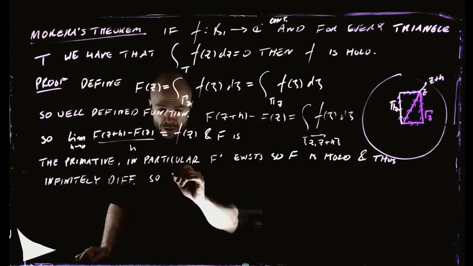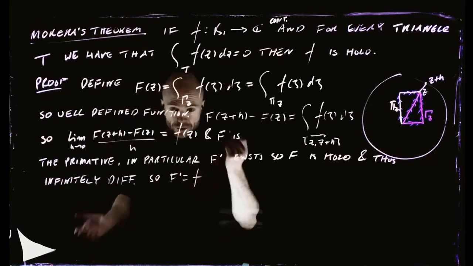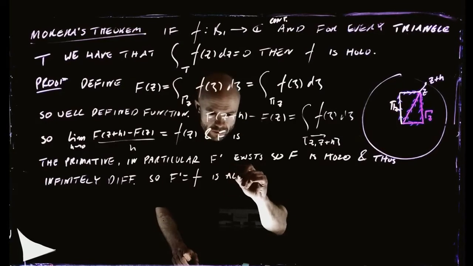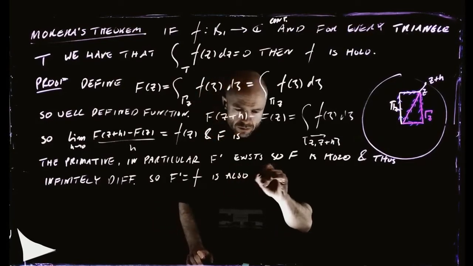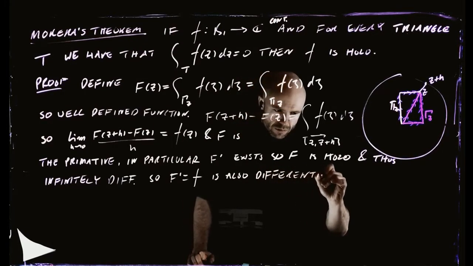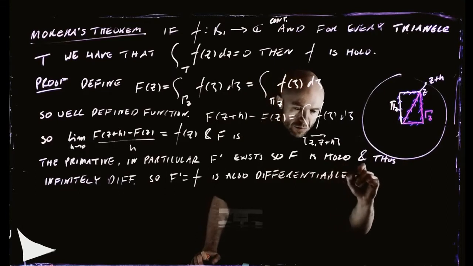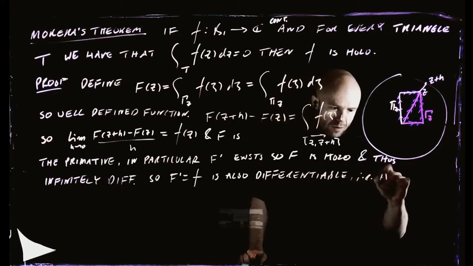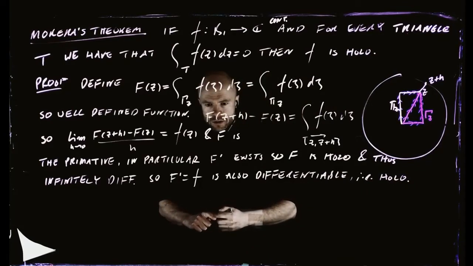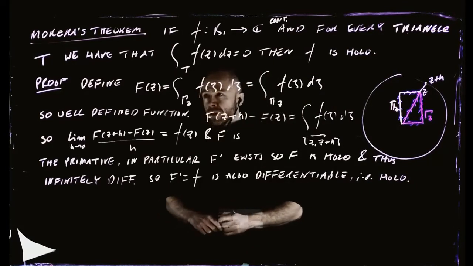So, capital F prime, which is equal to little f, is also infinitely differentiable, i.e. holomorphic. And that's it. Cool. All right,